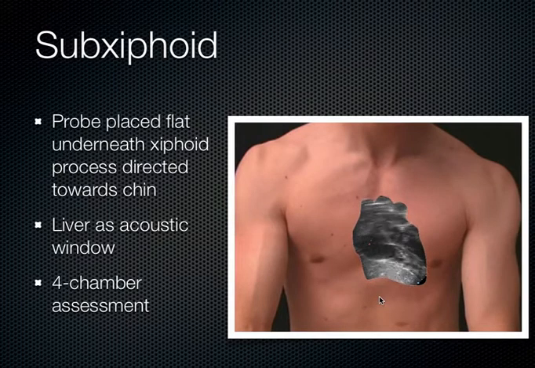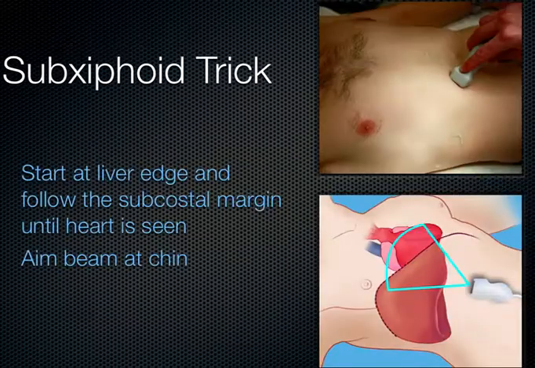I go back and forth between calling this subxiphoid or subcostal. You really start off subcostally underneath the rib margin and then slowly slide it up into this subxiphoid area. And you're going to use the liver to see the heart. This is the four-chambered view of the heart. Again, we're subcostal here, or subxiphoid. So you start with the indicator to the patient's right, looking underneath the costal margin at the liver, using the